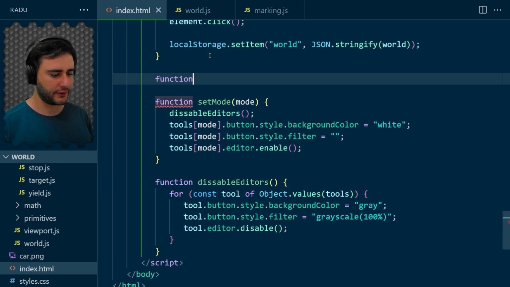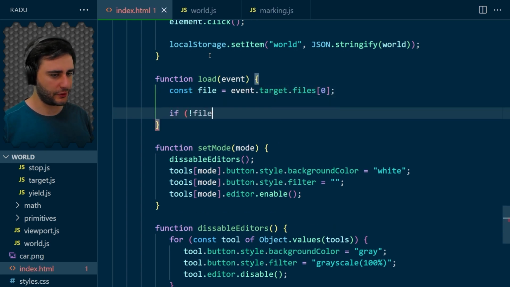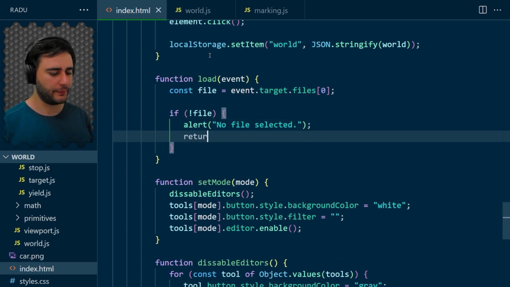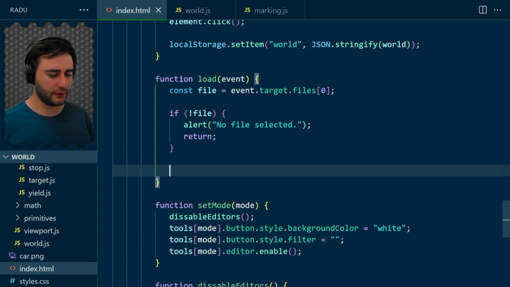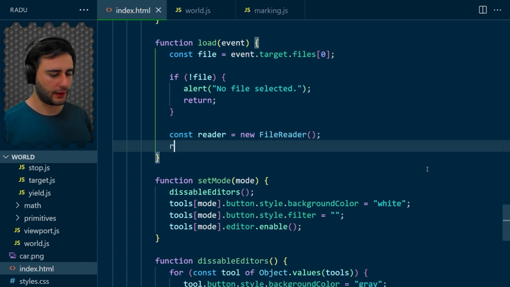We are going to have another function called load. And this is going to be linked to file input. You'll see, we get the first file from there. And if there is no file, let's just give here a quick alert that you haven't selected anything. And return. We don't want to get to this part of the code here. So we begin to read the information from the file. And we read it